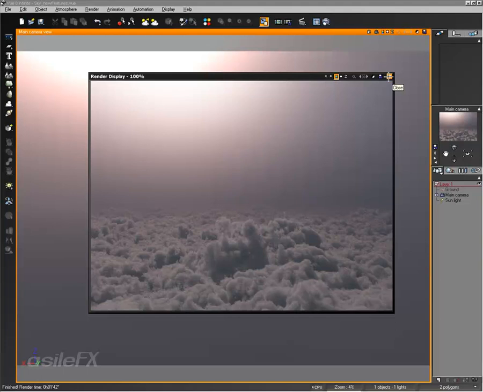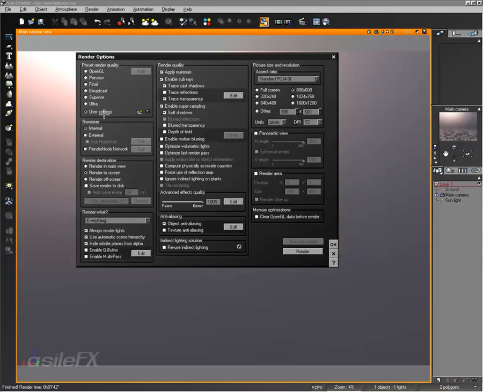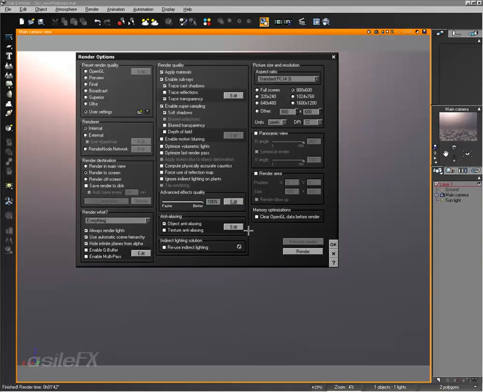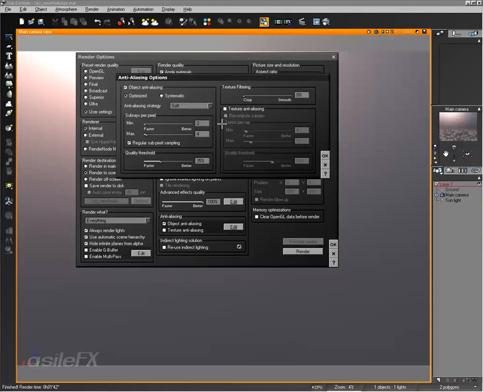We'll just take a look at those really quick. What I have is a user setting, and the main thing is turning up the advanced effects quality to 100%. And then the rest of the options are pretty much left at the default. And I do want to note that, if you're not familiar, clouds are objects, so they do apply to the object anti-aliasing. If you are using xStream, the rendering is controlled by your host application,